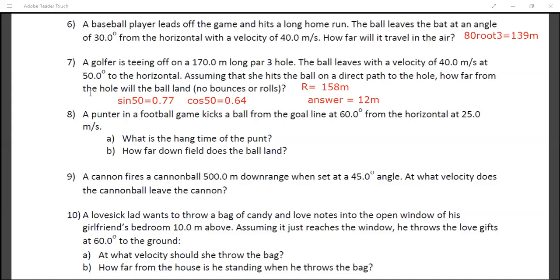Sir, but when we multiply it with 2 sine theta cos theta, it would be less than 160, no, sir. 0.77 into 0.64 is coming around 0.49. Okay, sir. So it's an approximate answer. Yeah, it's an approximate. Now we are getting 157 point something. So I wrote it directly 158 to simplify the calculations for the next.